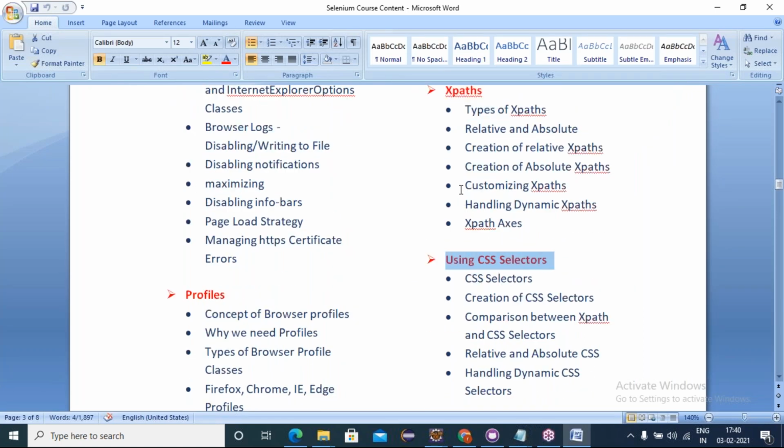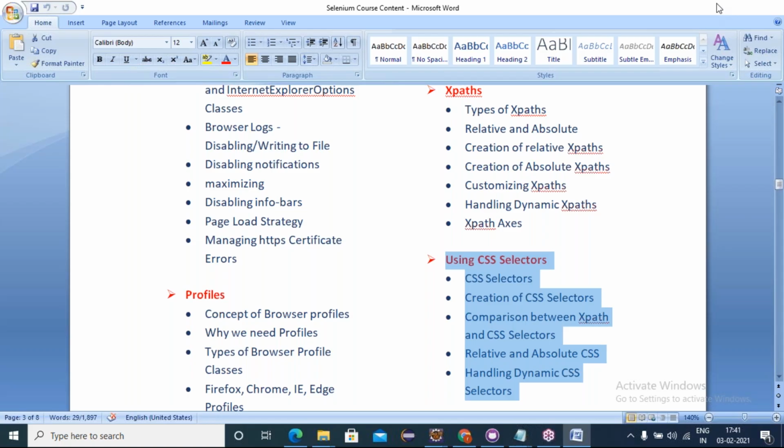Totally on locators, I'll be working for 5 to 6 days. We are working on locators only. It's a major part of Selenium to learn. So XPath for 2 days, and CSS for 1 day. That's 3 days, and the remaining 3 days are the basic understanding of XPaths and building the XPaths in a dynamic way. I'll cover that in 6 days.